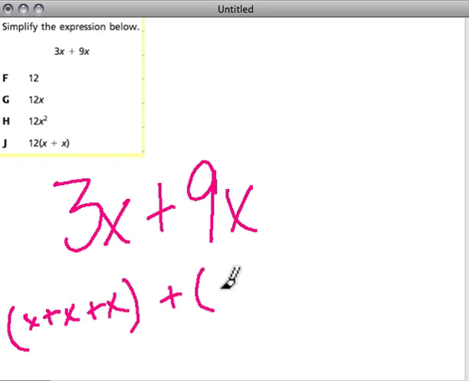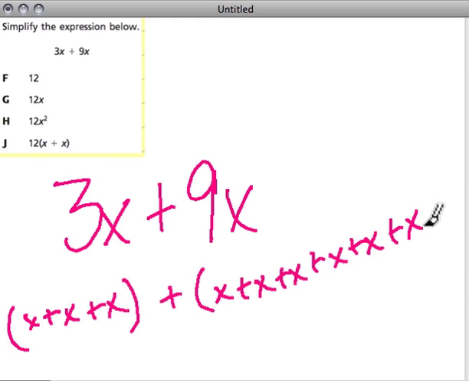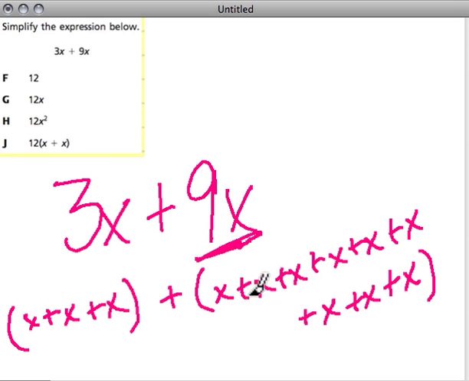9 times x means you have an x plus an x plus an x. Well, you have 9 of them. 4, 5, 6, and notice this is very tedious, so this is part of why it's so important to have this shortcut. Writing out 9 x's is difficult for me. I often lose count, so I'm going to try just go back and count them again. We have 1, 2, 3, 4, 5, 6, 7, 8, 9 x's added up together, and that's what 9 times